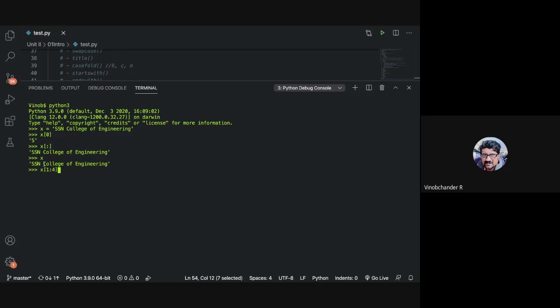The fourth will not be included. So will C be included or not? No. So essentially you will get S, N and then a space. So you get S, N and a space.